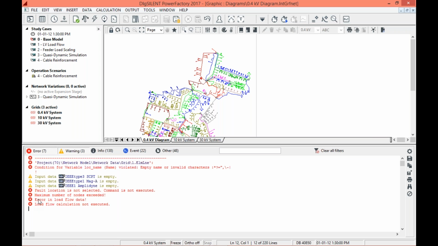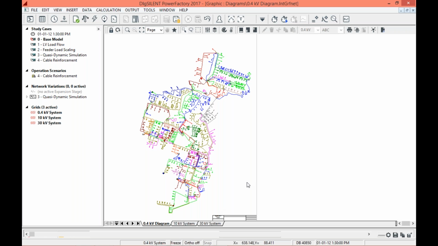It shows maximum number of nodes exceeded. What does it mean? It means that this network consists of around thousands of bus bars, or 20,000 bus bars, and the PowerFactory version that I currently have is limited to only 250 bus bars, as PowerFactory comes with two versions, that is PowerFactory education and PowerFactory research, in which the education version is limited to 50 bus bars, and the research version has no limit on the number of bus bars. So I have the version in which we can only simulate a network consisting of 250 bus bars. So that's why I can't simulate this, but we can see the